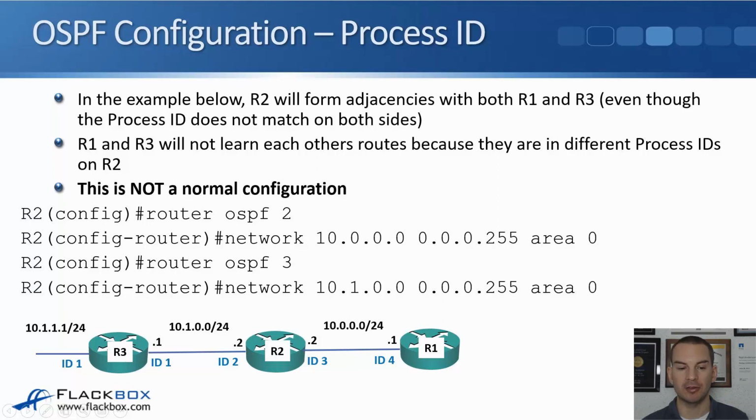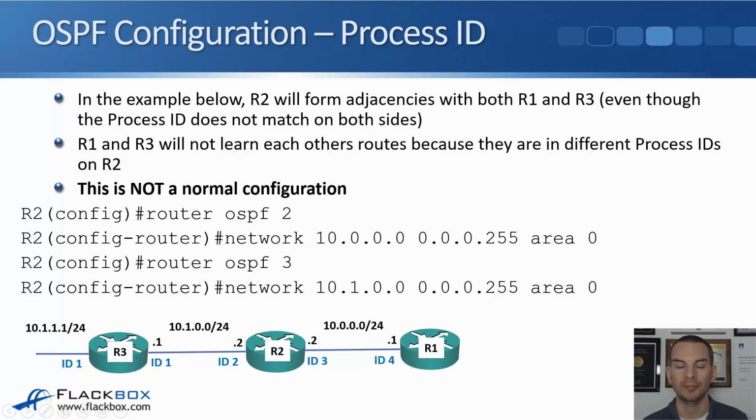R2 will form adjacencies both with R3 and with R1. Even though the process ID is different on the routers, that's a locally significant number. It does not have to match on both sides, so the routers will still form adjacencies. In our example here, on R2, the left-hand and the right-hand interfaces are in two different processes. So they're going to have separate link state databases, and information is not going to be shared between the two sides. So R1 and R3 will not learn routes to each other because both sides are in different process IDs